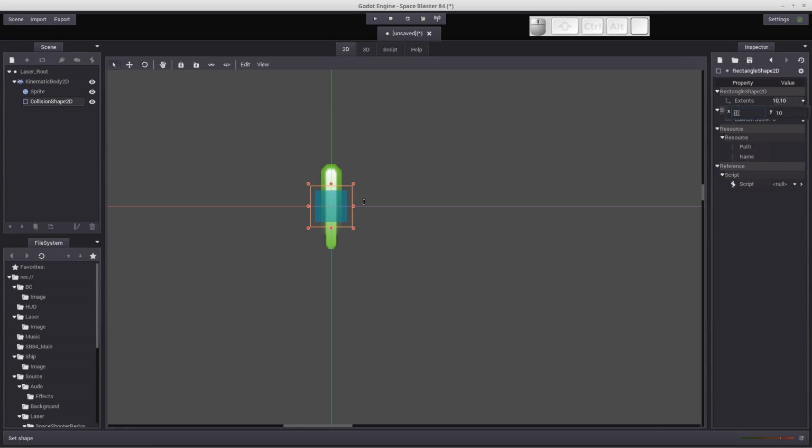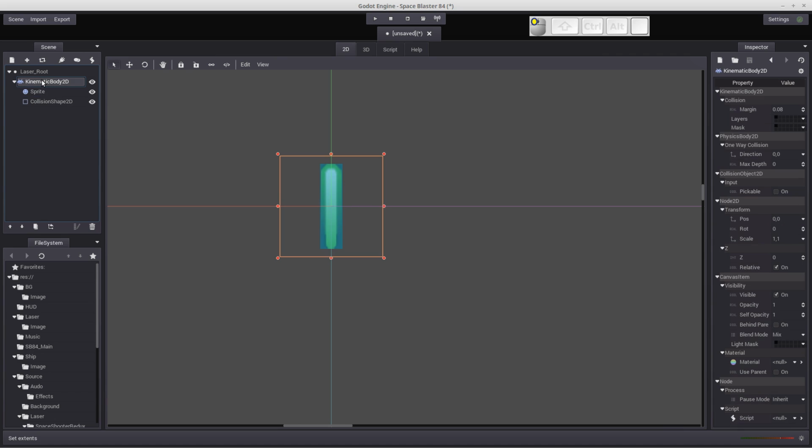We'll click on that, and it looks like we need to go down just a little bit in the X. Let's try 8 and see how that goes. Nope, let's try 7. 7 looks pretty good, and let's try 27 here. And that looks pretty good to me. So it looks like we have 7 in the X direction and 27 in the Y direction. So we've defined the sprite, and we are ready to start creating some behavior in the